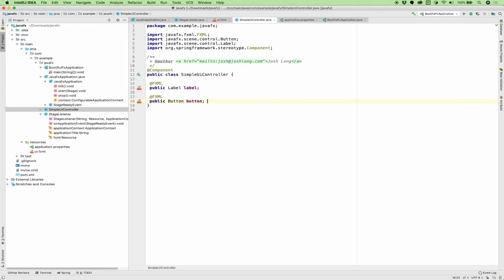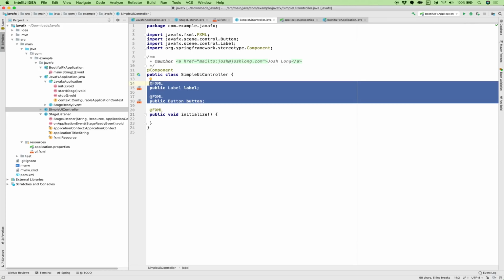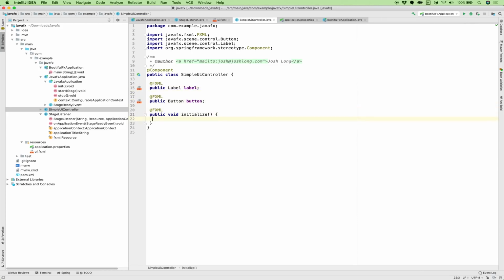Okay. And finally, I want to process. So we have the initializing bean callback interface in Spring. Well, same kind of principle applies. After these have been bound by JavaFX, not by Spring, even though the bean itself is being managed by Spring, after they're bound, I want to be able to process and work with them. So I'm going to say here, this button set on action listener, and I'm given an event. And what I'm going to do in the event is write some text. Okay, so let's announce in the label